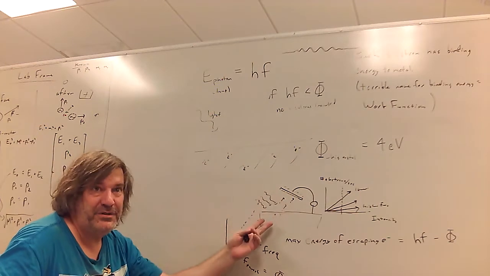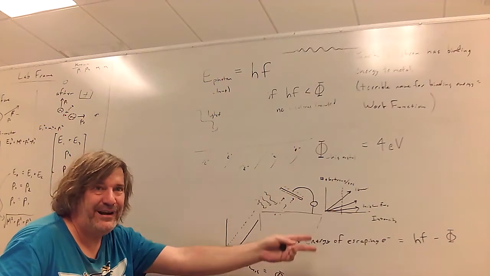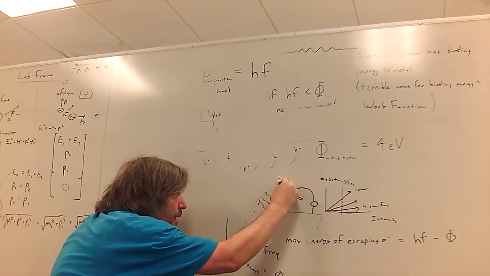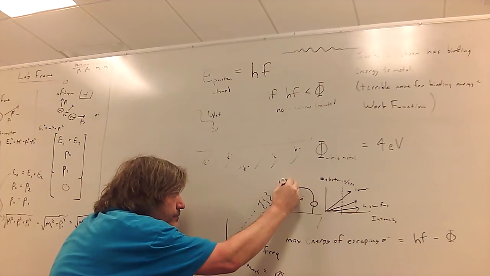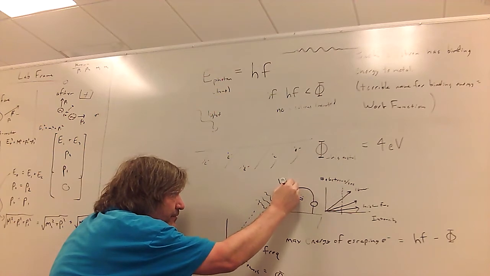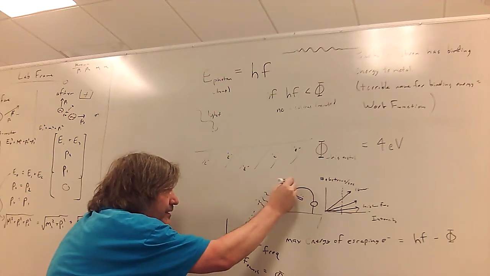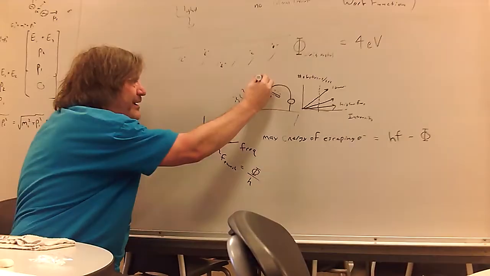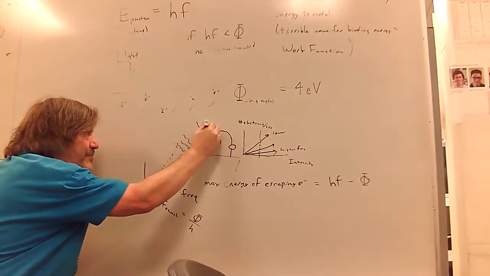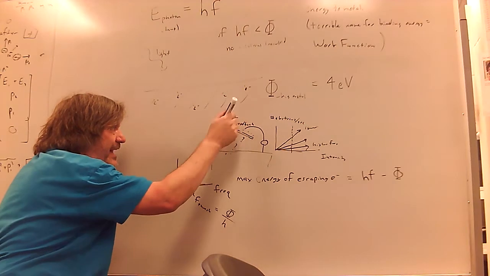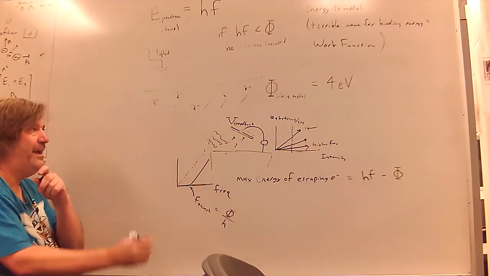But if I want to know what is the maximum energy it might have, well, the most energy it can absorb from a photon is going to be 100% of the energy the photon carried, which is the hf. But then it's going to have to give up some of that energy to escape from the metal. So I'm going to subtract off that binding energy. If it takes 4 eV to escape, and I gave it 7 eV, then it'll have 3 eV left after